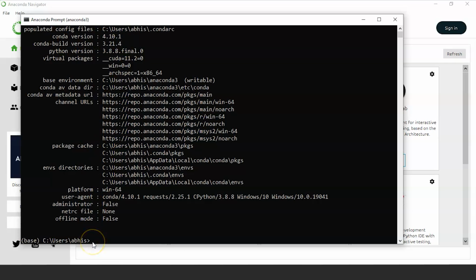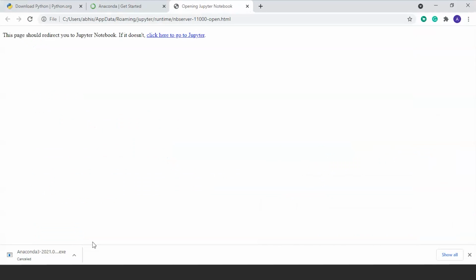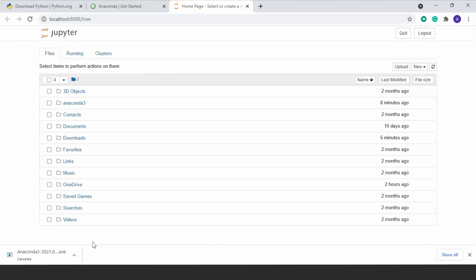Now we will launch Jupyter Notebook. For that we will write the command jupyter notebook and press enter. You can see that the Jupyter Notebook has initiated.